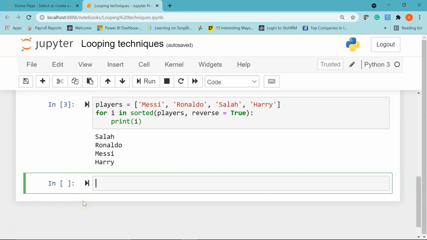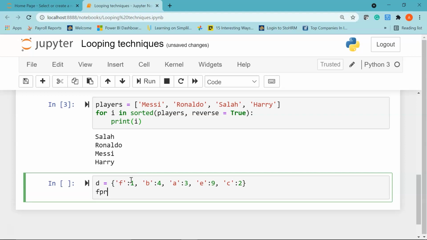Now we are going to create a dictionary of key value pairs and sort it. So I'll create a dictionary called d which will have a few key value pairs. So my first key is F and the value is, let's say, 1. Then my second key, let's say, is B and the value is 4. I'll give a comma. My next key is A and the value is, let's say, 3. After that, my next key is E and the value is, let's say, 9. And finally we have our last key, which is C, and the value is 2.